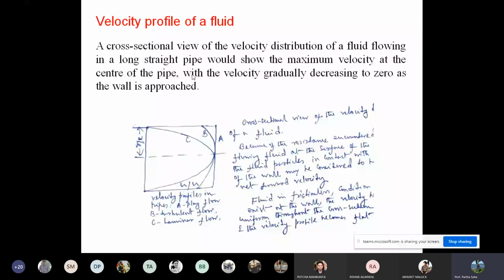The next one is C, that is called laminar flow. We're going to talk about what is laminar and what is turbulent behavior. There you can see the maximum velocity at the center, and then gradually the velocity decreases. But this is a very stabilized condition where you can see the edges remain pretty much constant with time, and as the fluid moves ahead, the velocity along with the leading edge, the wall velocity also increases at the same rate. This is called laminar flow. So we are going to discuss all this in detail. Let us move to the next slide.